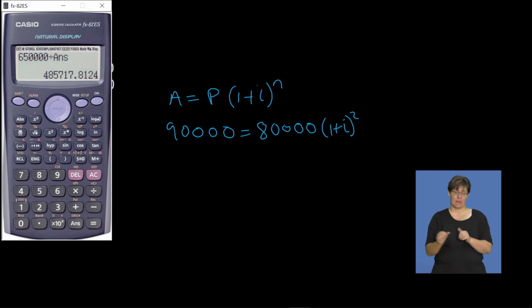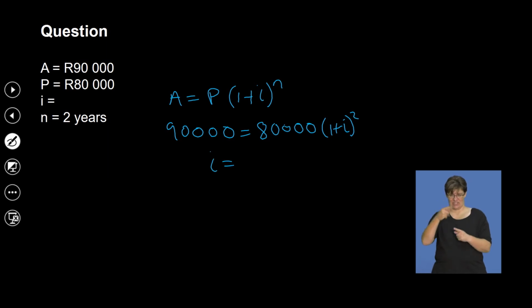So back to my calculator, this will just be 9 divided by 8, and then from there I will take a square root on both sides. Let me delete the square root of the answer. It gives me that, then I will just minus 1 there, and then you can see I will need to multiply this by 100. So not really that much of an interest rate. So you can talk to the bank and say, guys, just give me 6.1% maybe, and then it will definitely yield you that interest rate. So the interest is 6.07%.